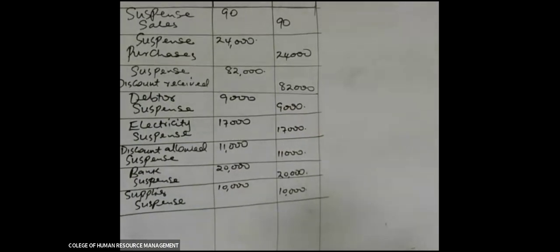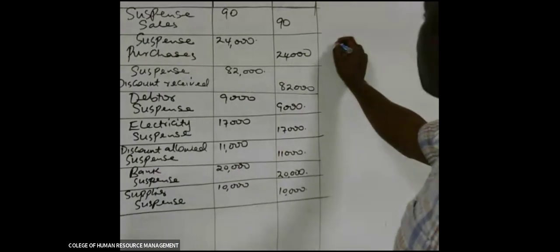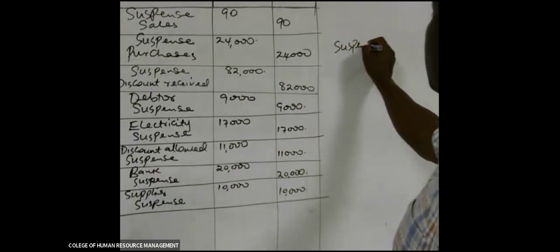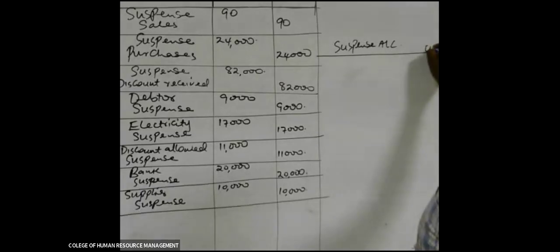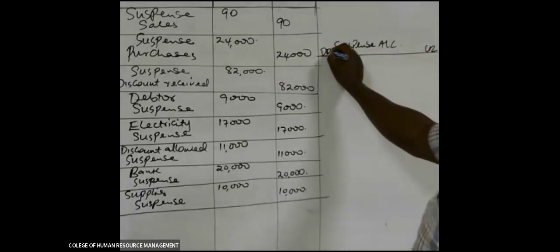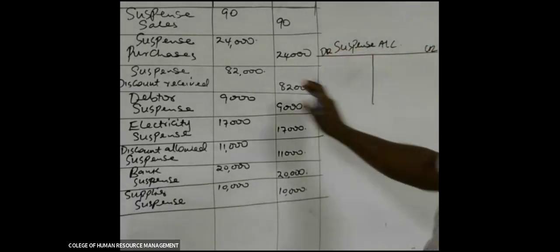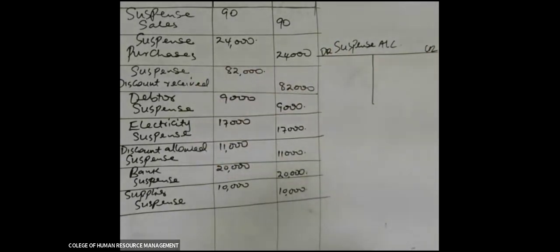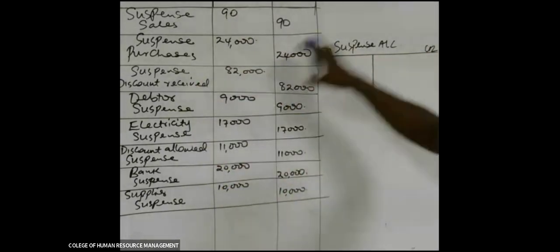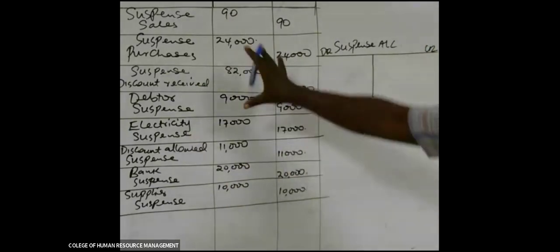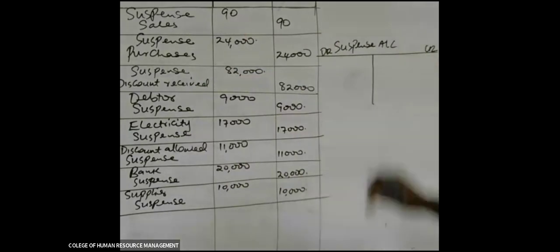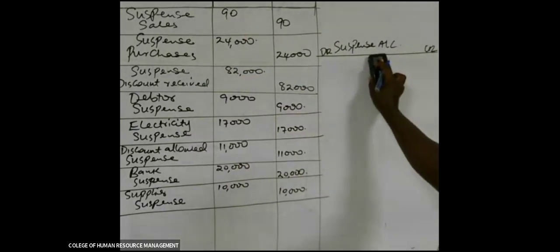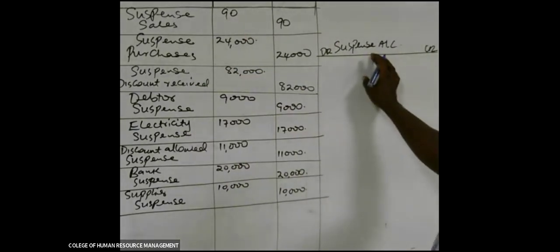After doing that, we are told now we should do a suspense account, which is a simple one. Actually, I normally advise my students, if you are told to prepare only the suspense account, just go an extra mile and do the journal entries and then come to this. Even if this one was not asked, do it. It becomes very fast to do the suspense account when you have done the journal entries. So,